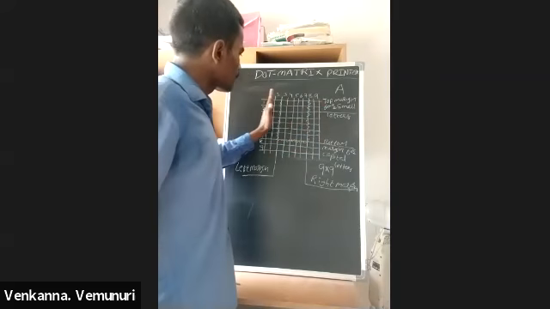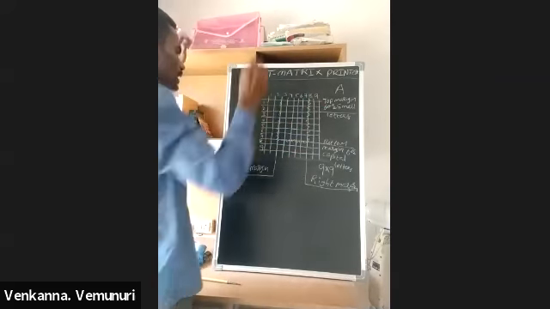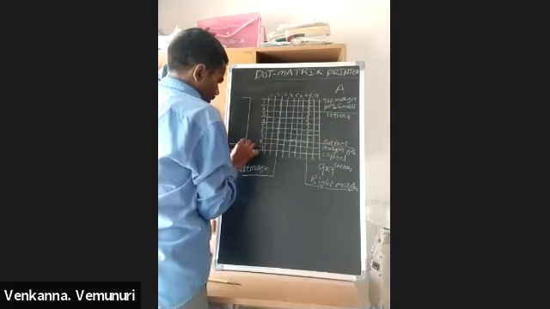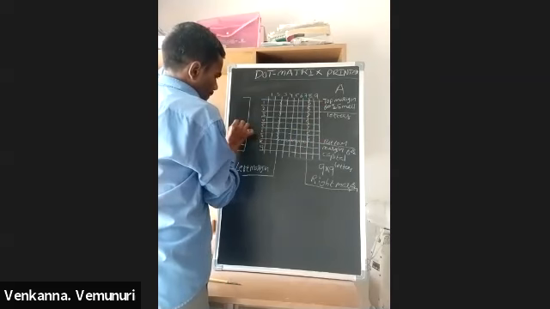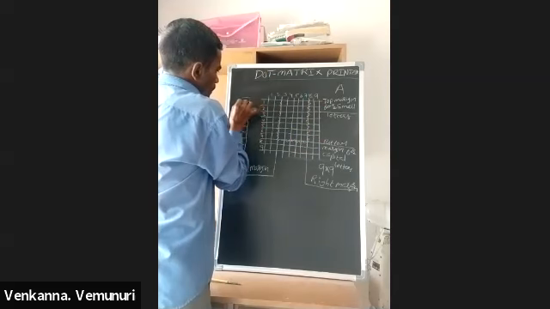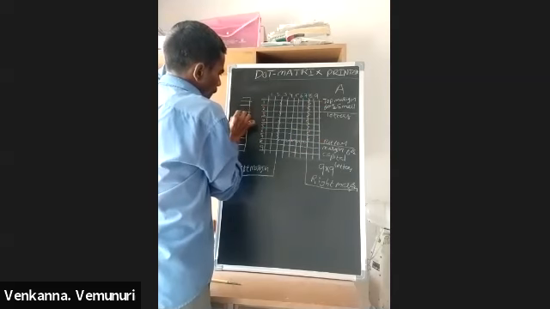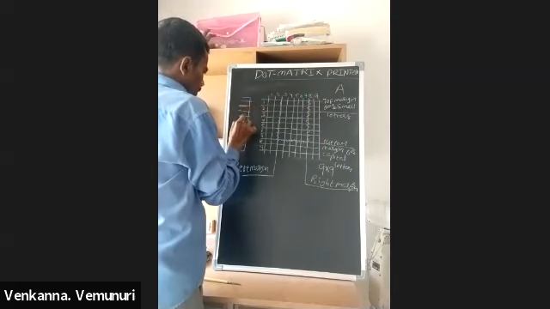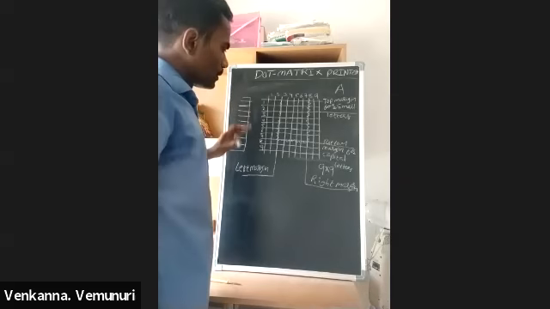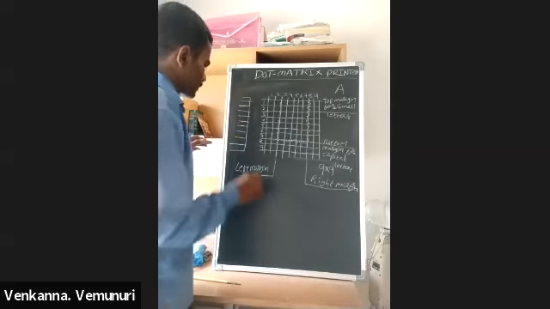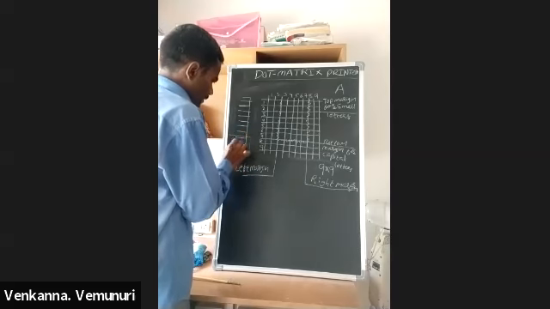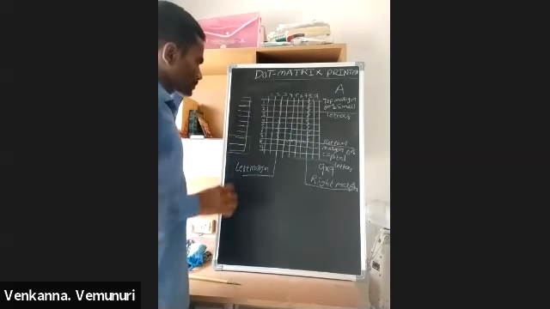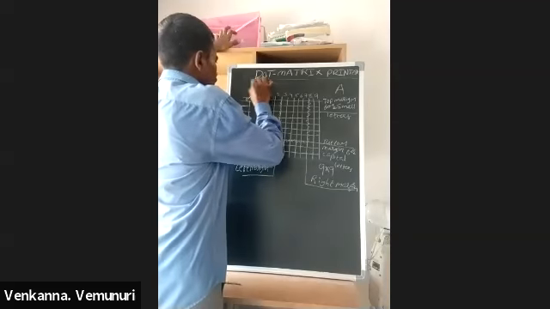Now the print head is moving to this place, and here we are using a 9-pin print head. Pin number 1, 2, 3, 4, 5, 6, 7, 8, 9. Now here we are deciding on capital letter A. That time these 2 pins are not working, and these are the active pins, except pin number 1.